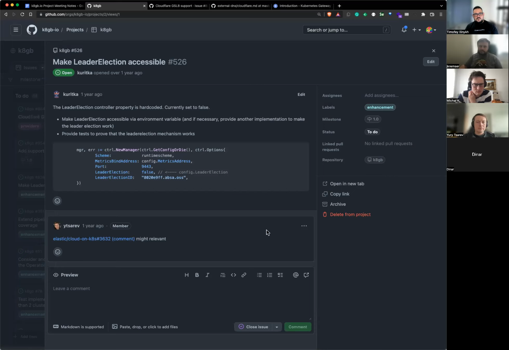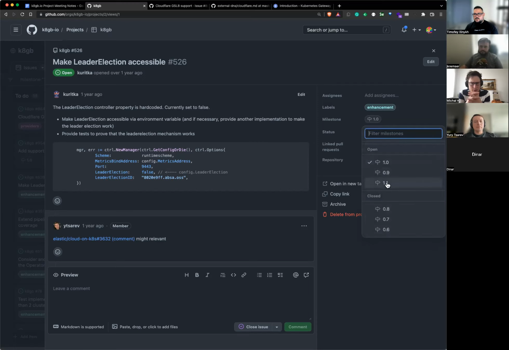It's an HA thing. If you set it to true, you can have multiple operators, but using the mechanism only one is acting. But I think it also requires additional resources to be created in the deployment. So we can't just put it to true because it requires some RBAC and whatnot for it to work.